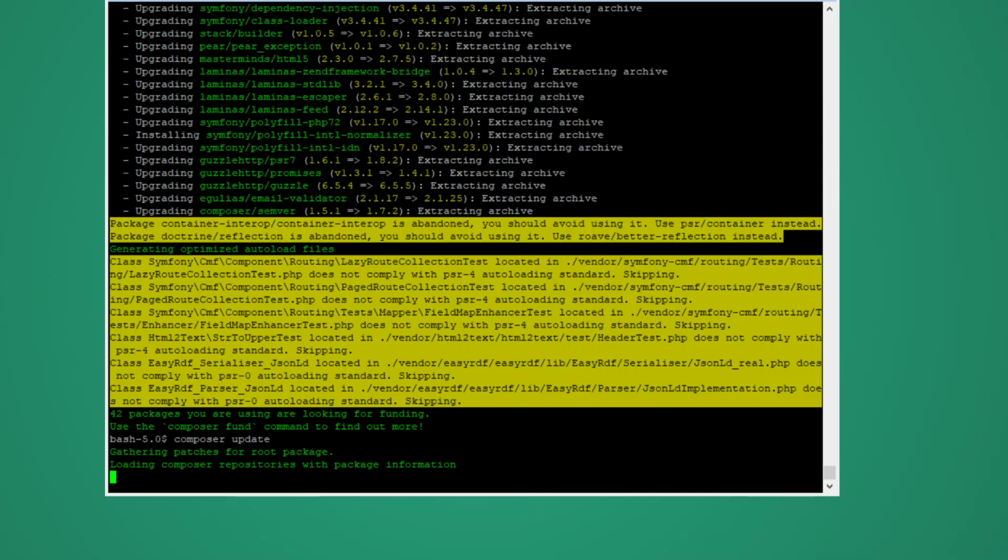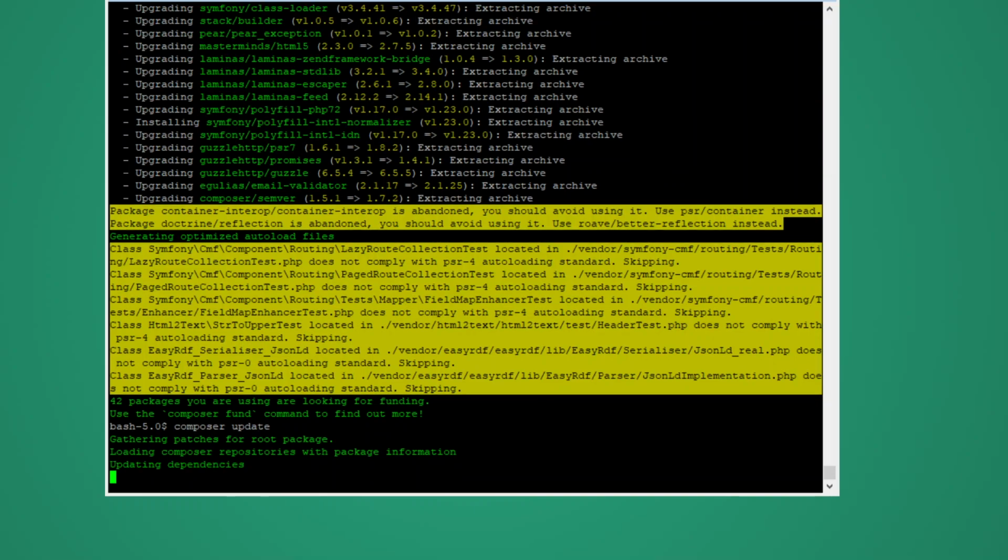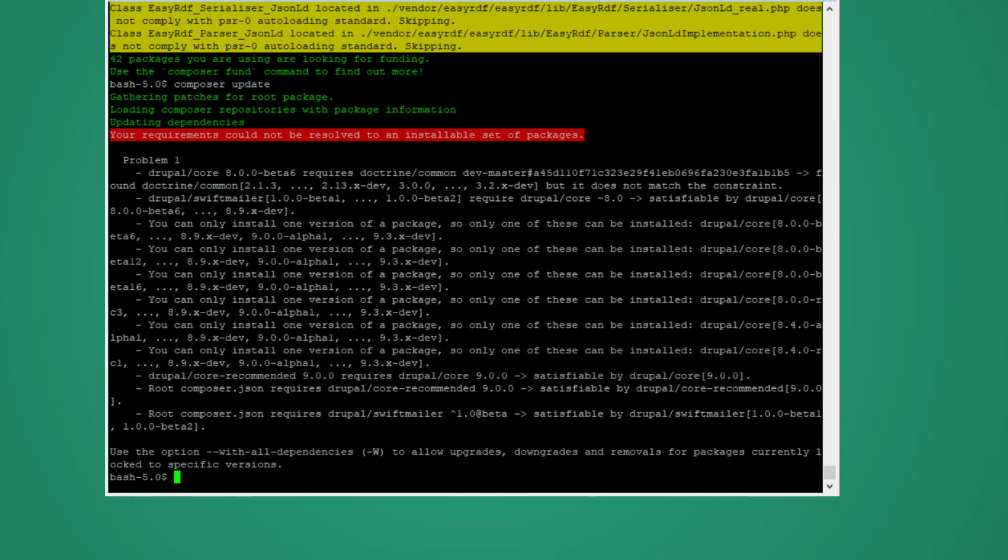And here, most probably, this will result in some problems. So this is where the fun starts, of course. It's updating my dependencies. Yeah, here it is. So we got some stuff, and one thing you see, there's an issue going on with Drupal/Swift mailer. Now, you may get into updating Swift mailer and stuff like that, but this will lose you a lot of time. And what I do is I just remove these lines from my